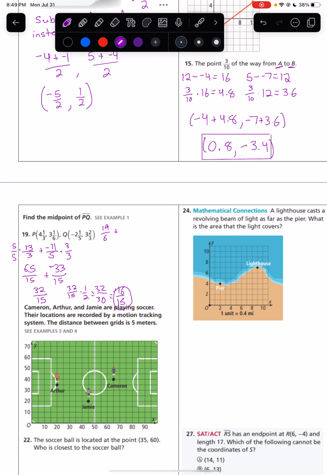And we're going to add 3 2/3. So 3 2/3 is the same thing as 11/3. We want to make them into common denominators. I'm going to multiply by 2 over 2 on the right so that they both become sixths. It's going to be 19 sixths plus 22 sixths, which altogether is going to give us